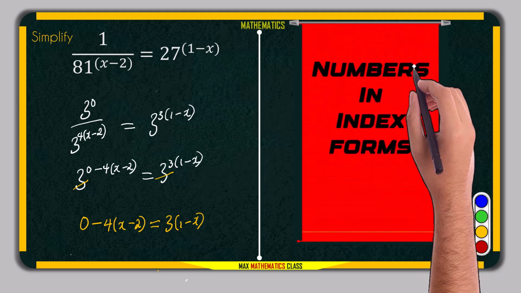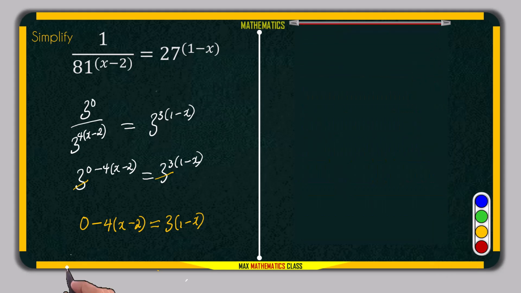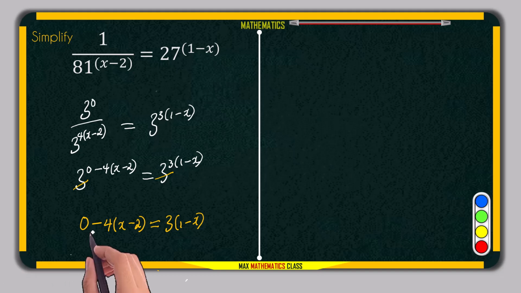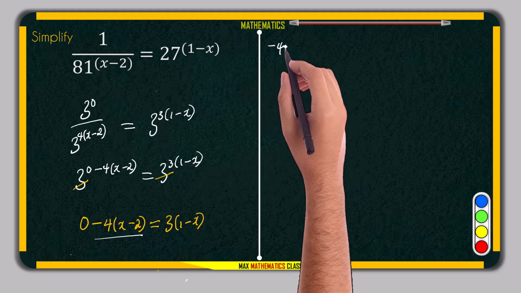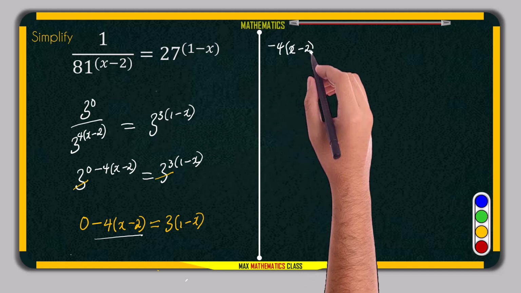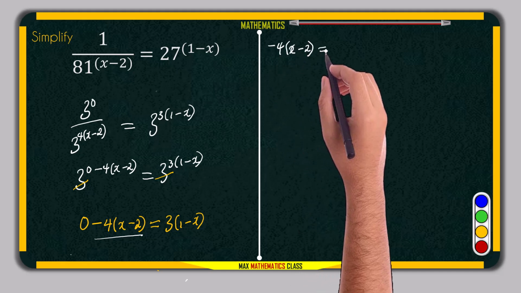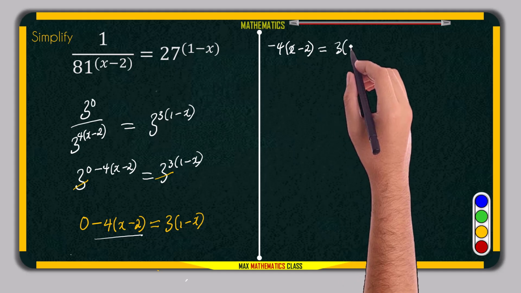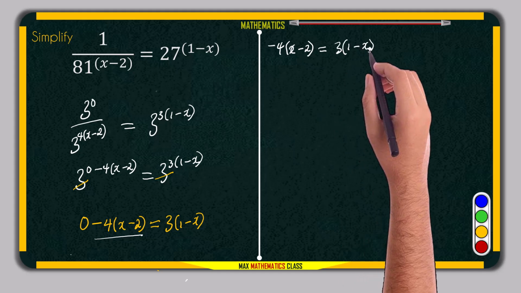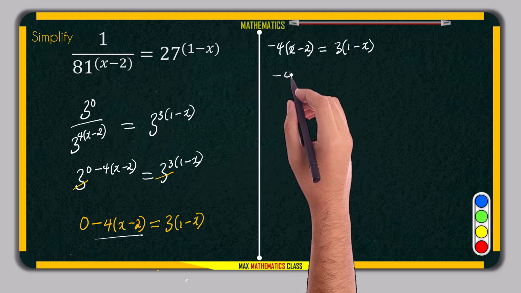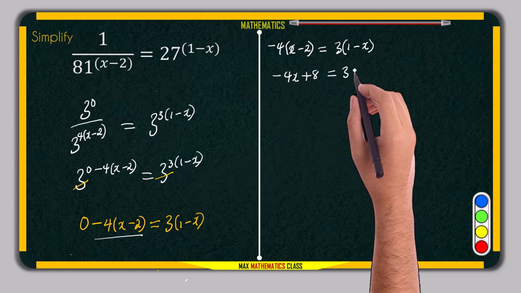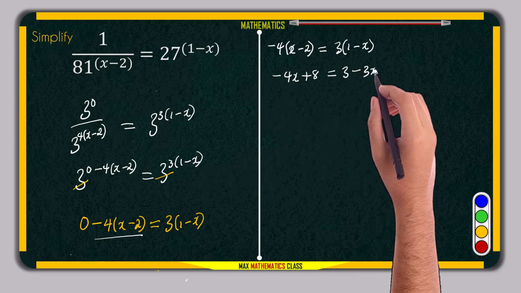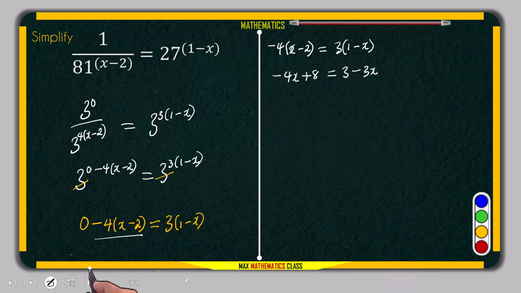Now after this, we can remove the bracket. By removing the bracket, remember 0 minus the whole of this will give us minus 4 times x minus 2, and it is equal to 3 times 1 minus x. If we remove the bracket, we are going to have minus 4x plus 8, and it is equal to 3 minus 3x. Now if we collect the like terms,